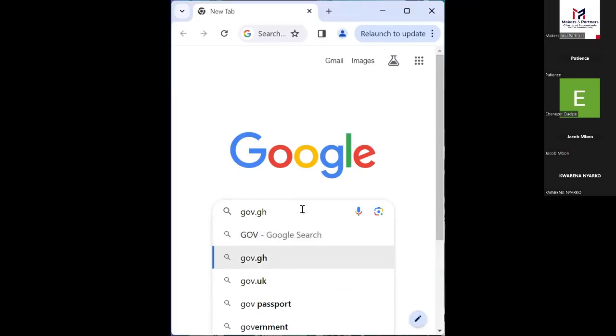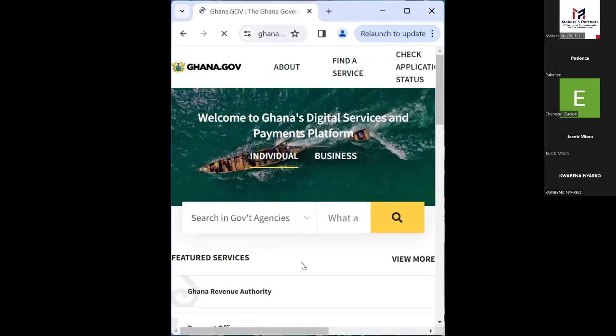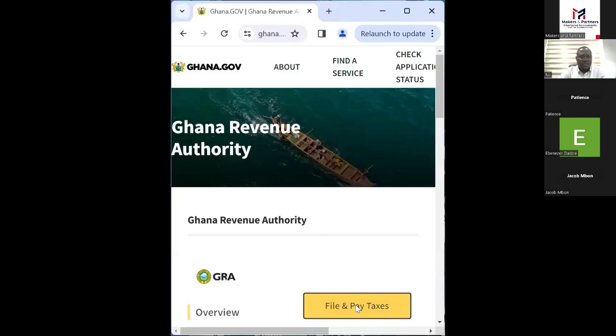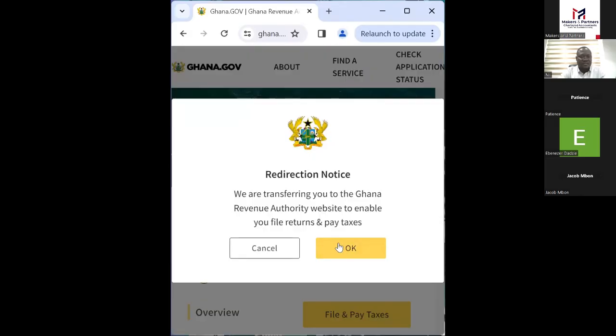So you go to the Ghana Gov, click on GRA, you go with the file and pay of taxes, you go to the file and pay, it will redirect you.